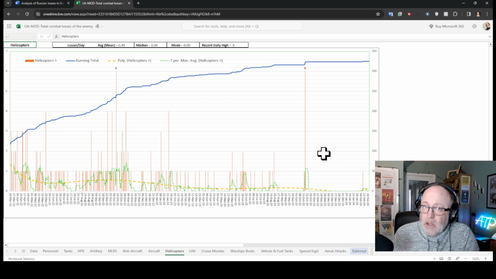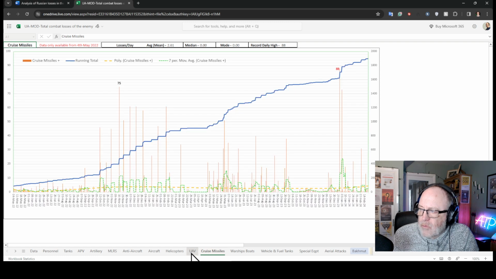Possibly that the Russians haven't been using them as much. They've been a bit more cautious, possibly around the time or after the time that Berdyansk and Luhansk airfields were hit. That was the end of the counteroffensive. So I can't remember exactly when, but it might have been around October. It could be this area. Maybe that's some reflection of the losses. But then you don't see any real losses after that. So the Russians possibly not using them, afraid of having them taken out again. Then we can look at cruise missiles, I think, before drones.